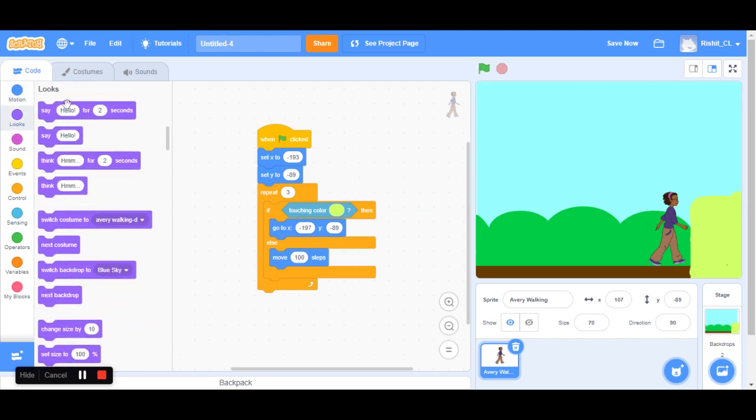So if you go in looks, let's just say hello for 2 seconds. So after moving 100 steps, you can add whatever you want to the code. So hello, my name is Richard, for 3 seconds for people to read.